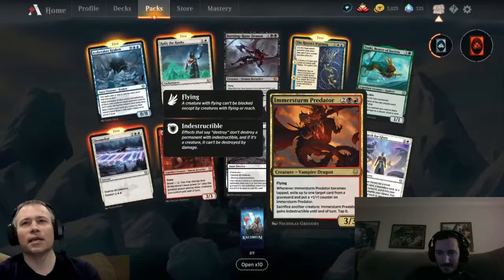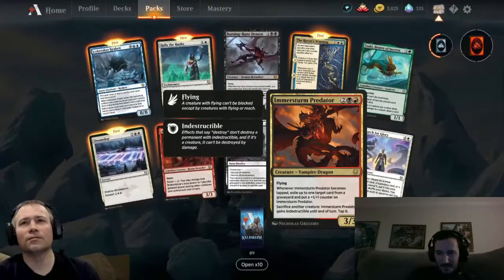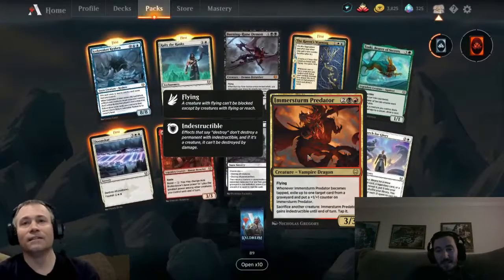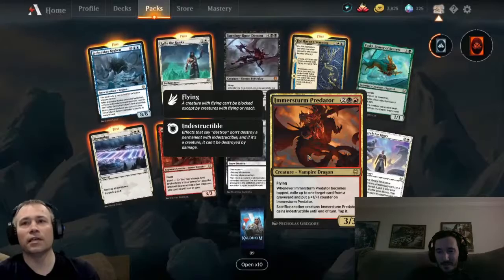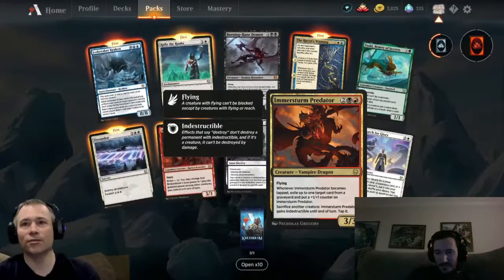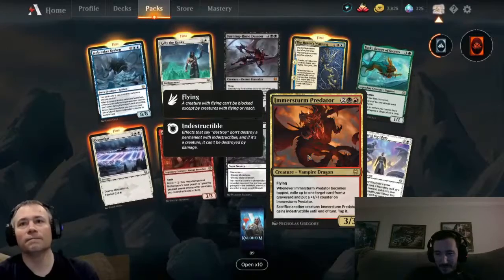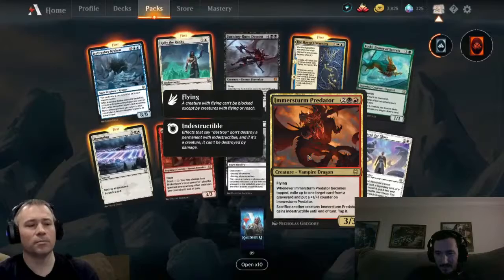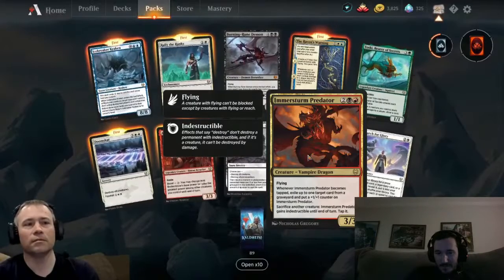Predator becomes tapped. Exile up to 1 target card from a graveyard and put a +1. Oh. So every time he attacks, you get to exile a card from a graveyard, like a Woe Strider, or from your graveyard, not just the opponent's. Yep. Very handy, especially with what is that stupid blue card that you use to grab all the